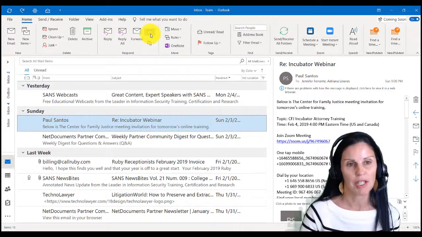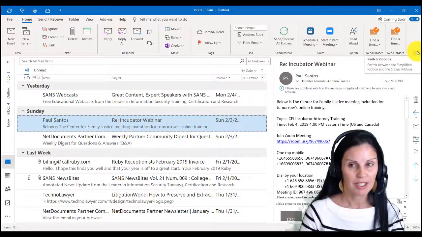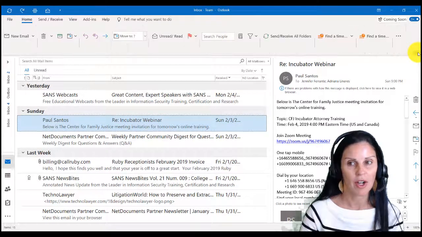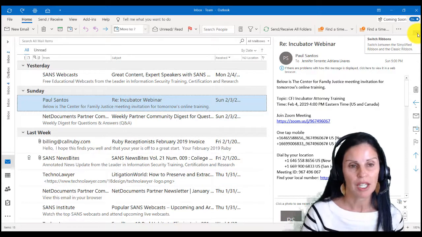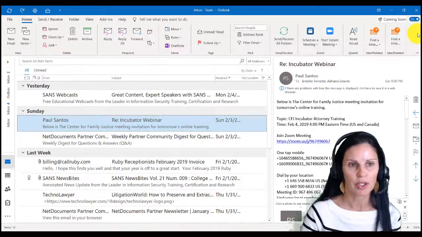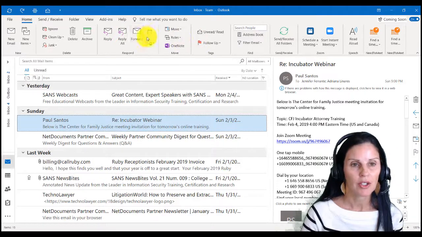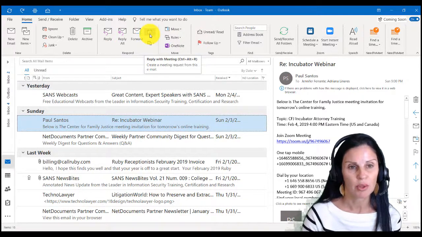Now sometimes the buttons on the ribbon are not all shown to you based on the size of your screen. It might be collapsed, or if you have the ribbon in simple mode, which over here all the way on the right hand side there's an up arrow that collapses the ribbon and only shows me what it thinks are my most used or most relevant buttons. So if you don't see the reply with meeting in your ribbon, just make sure you're showing the entire ribbon option. So you're going to look for a button that when you hover over it, it says reply with meeting, and you'll notice that the keyboard shortcut for this is